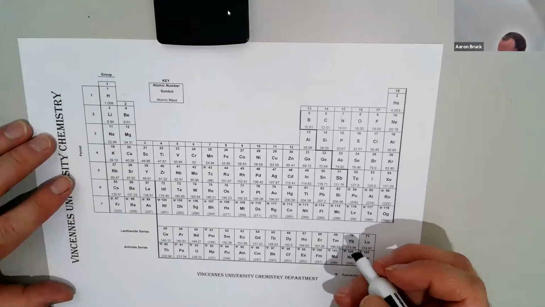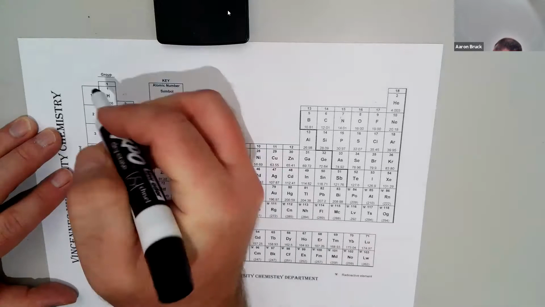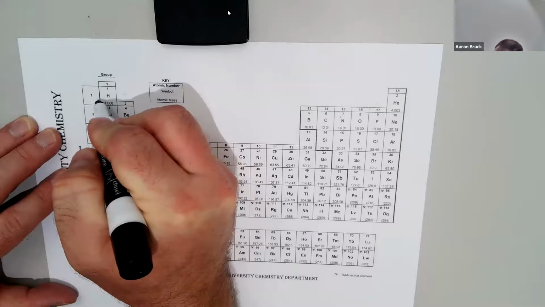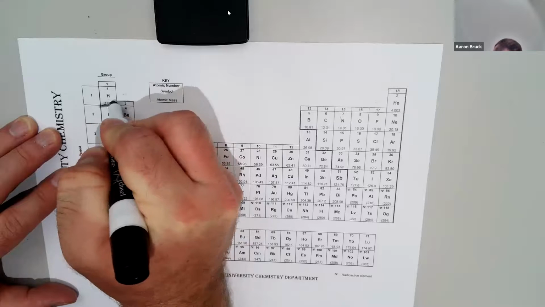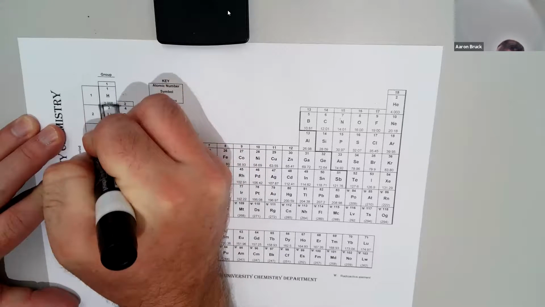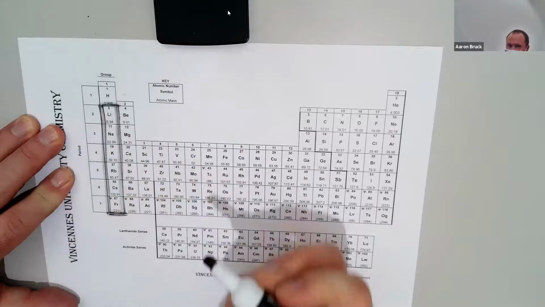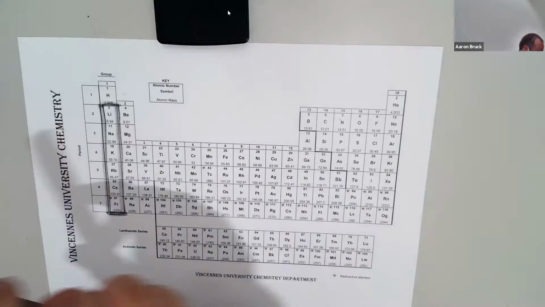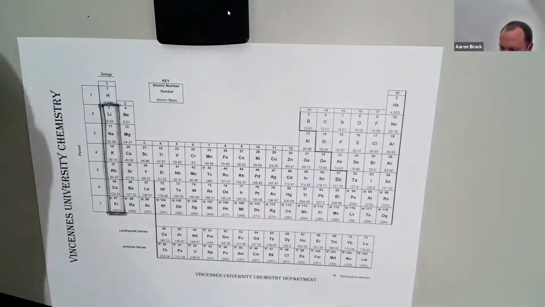Now let's get into some grouping. Your book outlines 4 groups in particular. This first group